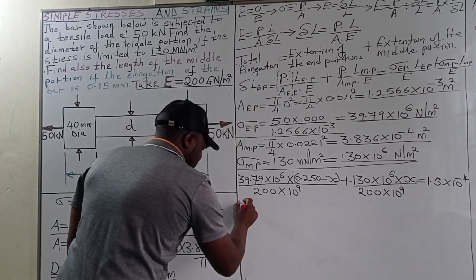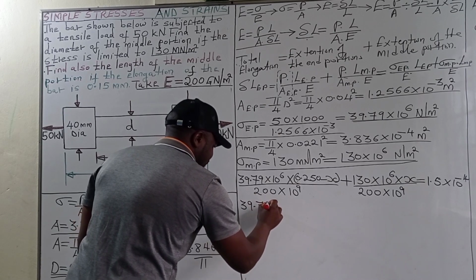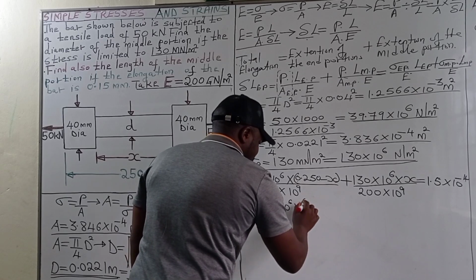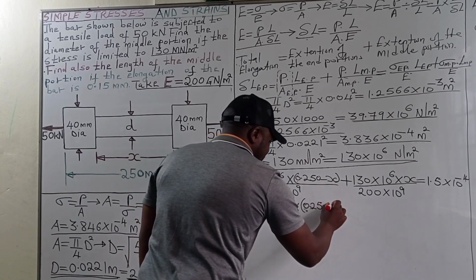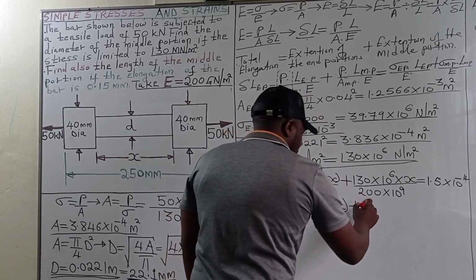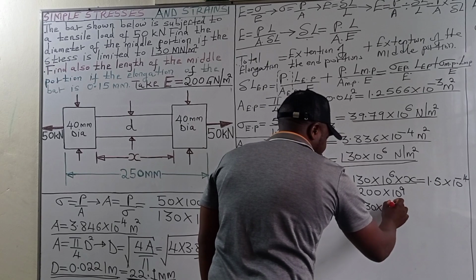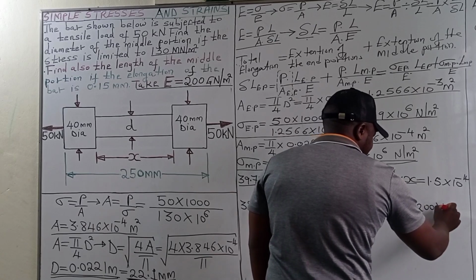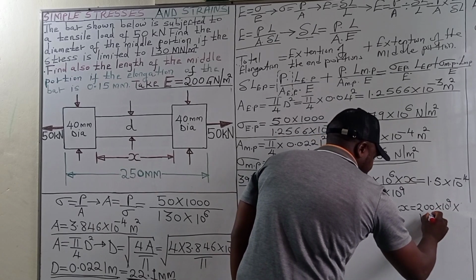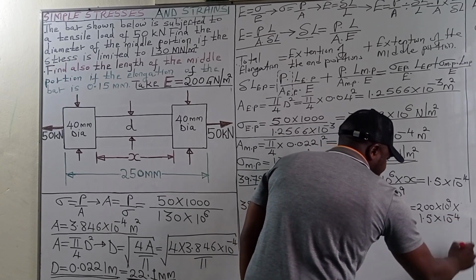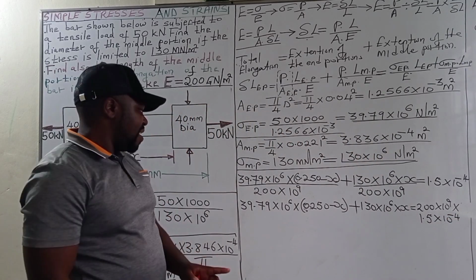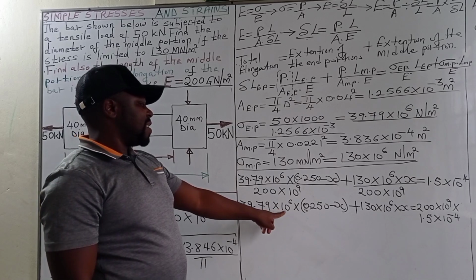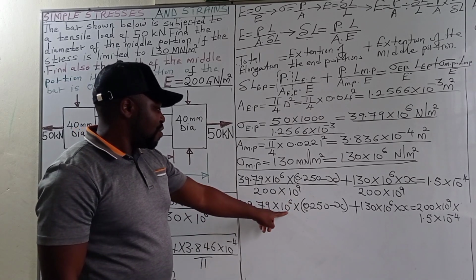So we are going to have 39.79 times 10 raised to the power of 6 times bracket 0.25 minus x, plus 130 times 10 raised to the power of 6 times x, equals 200 times 10 raised to power 9 times 1.5 times 10 raised to the power of -4. Then to make work easier, we are going to divide through by 39.79 times 10 raised to the power of 6. Definitely when we do so here, we are going to remain with